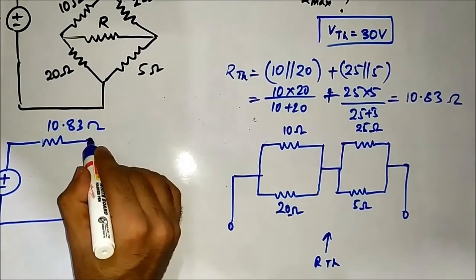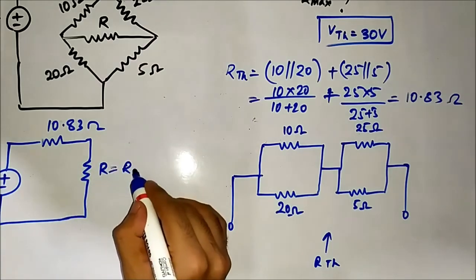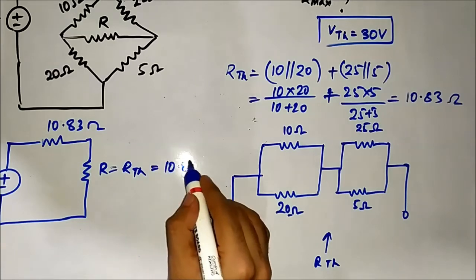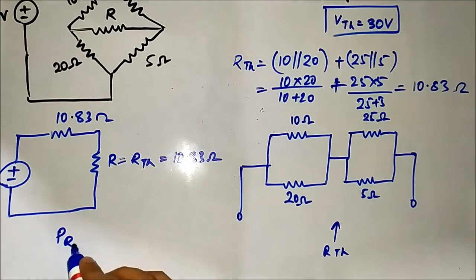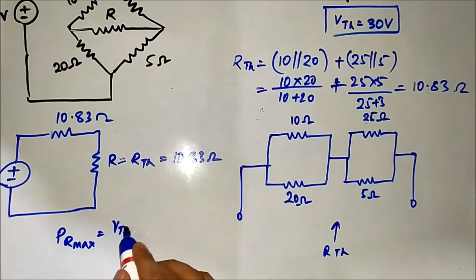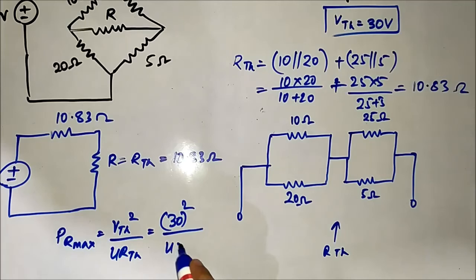So maximum power will be transferred to the resistor R if its value will be equal to 10.83 ohms, and that maximum power PR max will be equal to VTH square by 4 RTH, which is equal to 30 square by 4 into 10.83 ohm. Let us calculate that. It will be 900 divided by 4 into